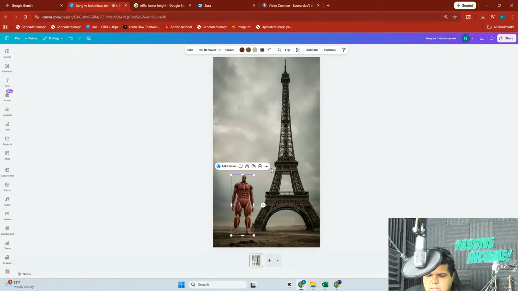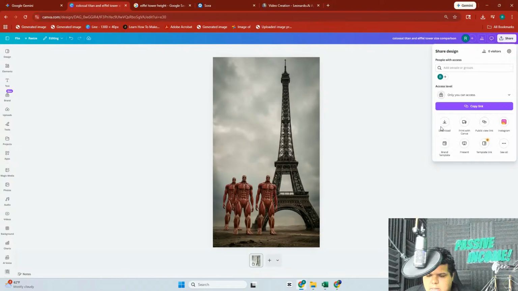And again, if you want, you can add more Colossal Titans, like here, for example, add 2 Colossal Titans, and then maybe one in the back, like copy paste one in the back, because it's a layer, so I can make them smaller, place them in the back, position backward, like can make it seem like he's behind him, like a tribe of Colossal Titans, and then we could just do Colossal Titan and Eiffel Tower size comparison. And you could do this for all the other titans, but if I were to choose like a